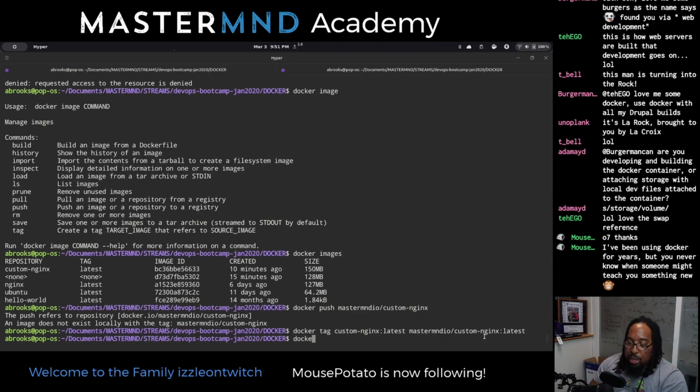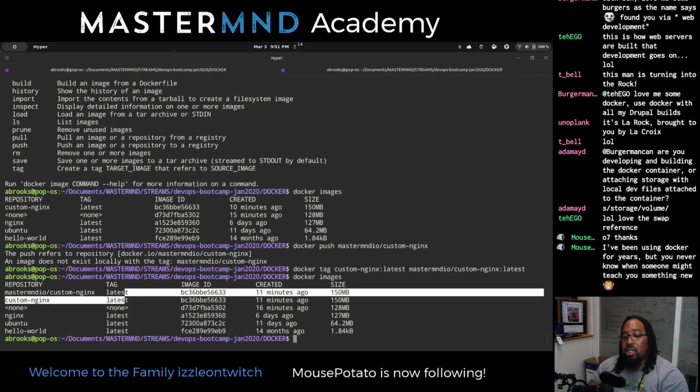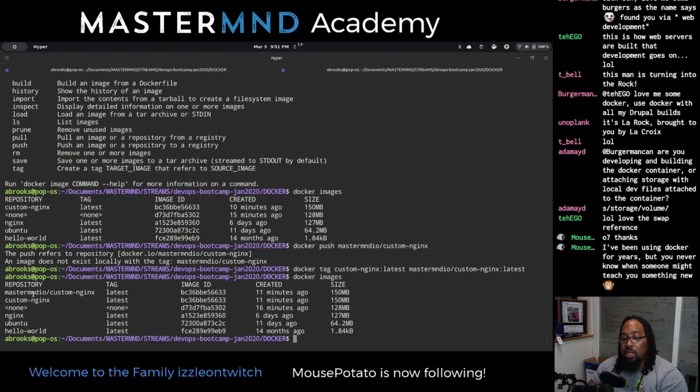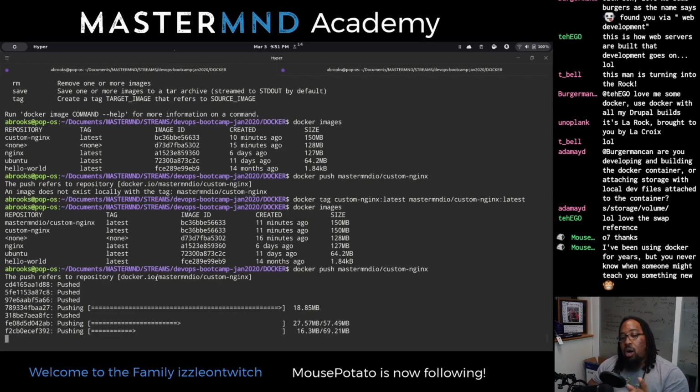So if I do another docker images, I'll now see that this is still here, but now I have the same image tagged to something else. So both of these tags are referencing the same thing. You can see the same size, same created time, same actual image ID, just different repository names. And so now if we do a docker push, it goes ahead and uploads all of this to that repository that we made.